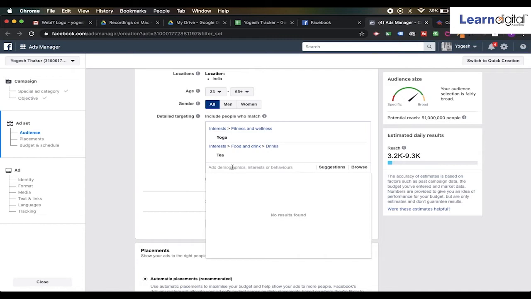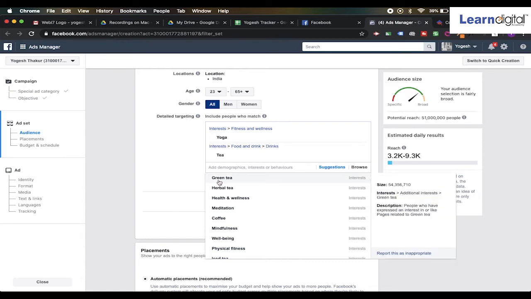Likewise, you're going to put all your ideas over here, or you can take support from the browse option. You can go into interests. If you do not find any more ideas, you can go into suggestions. But this would be the last thing for me to take you through. This should be the last option anybody should actually use.